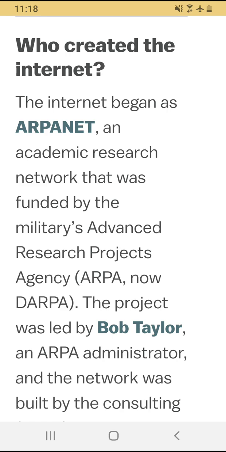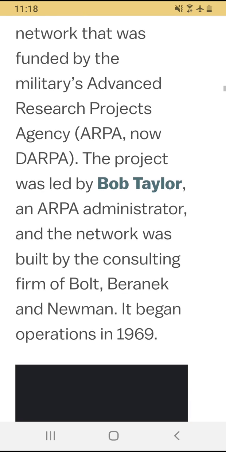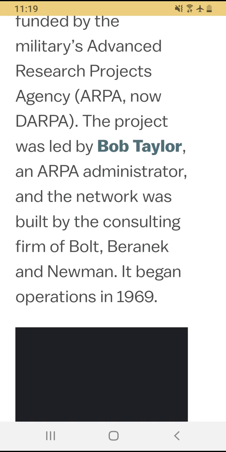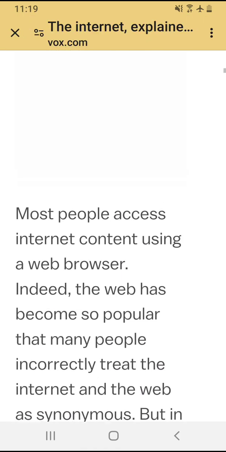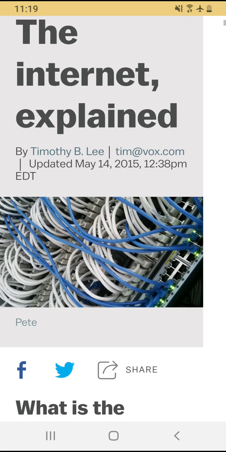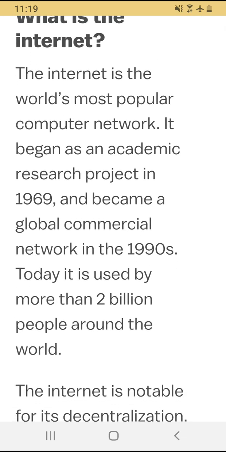But we can. The project was led by Bob Taylor, an ARPA administrator. So he was there in the 1960s. I think it said 1969, but it's definitely in the 1960s. Let's go back up and check just in case. 1969, yes.